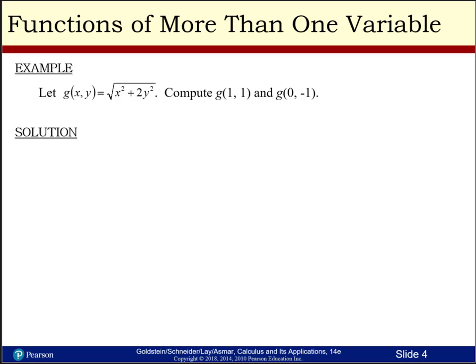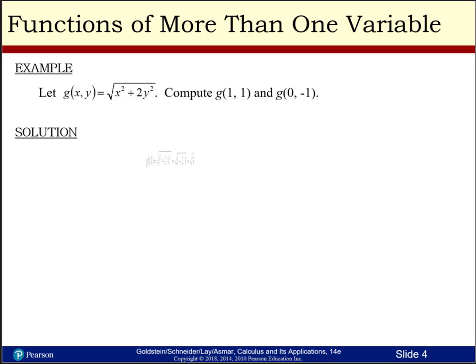So let's look at an example such as g of x and y, and that equals the square root of x squared plus 2y squared. And we're going to compute g of 1, 1 and g of 0, negative 1. Now that means that x is going to be 1 and y is going to be 1 in the first case. And in the second case, we'll get x is 0, y is negative 1, and we're just supposed to